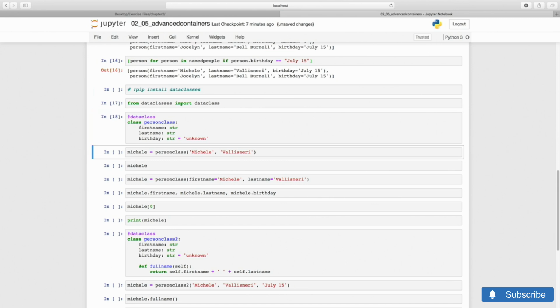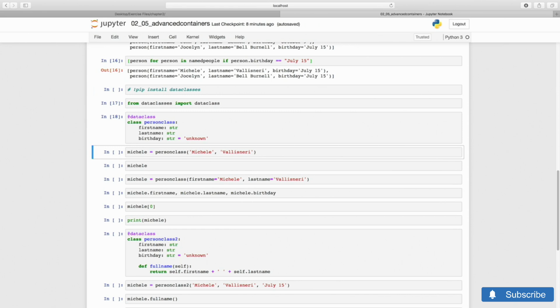If you're not familiar with Python classes, class decorators, the @dataclass that appears at the top, and type annotation, this syntax may look somewhat alien. But basically, we're instructing Python to create a type of records that will have fields called first name, last name, and birthday, all of which will be strings.